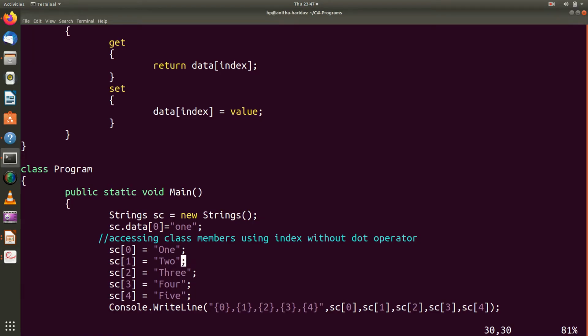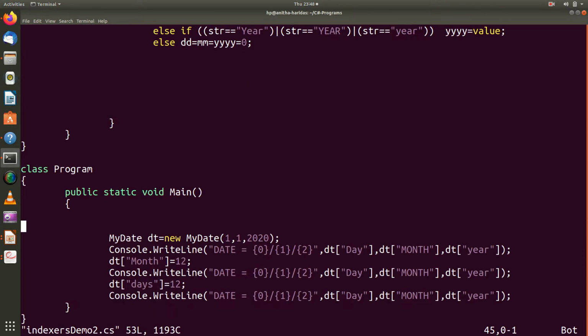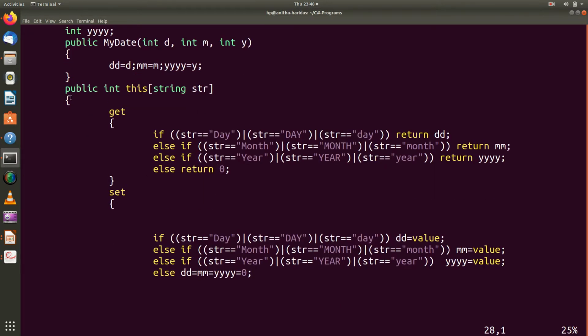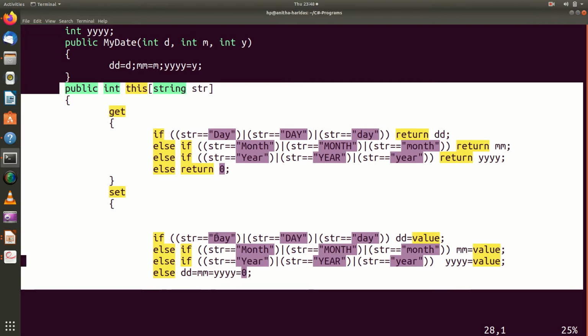Let me close the earlier program and open the date program. So this is the program we are talking about. I declare date with day, month and year, and a constructor assigning values. And the very important part here is the indexer declaration.